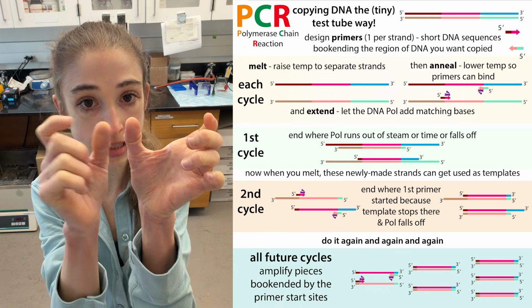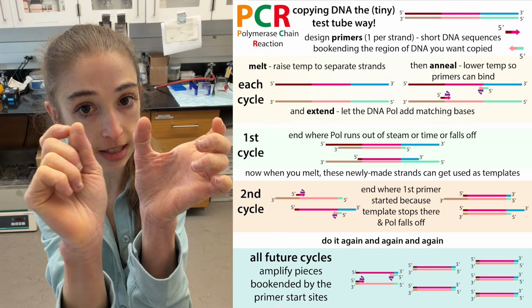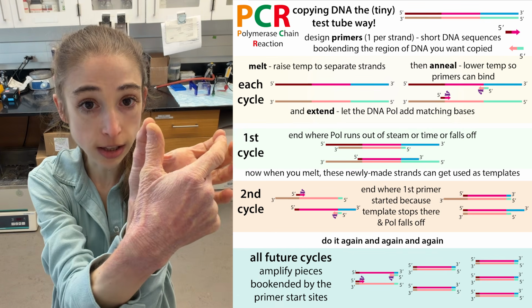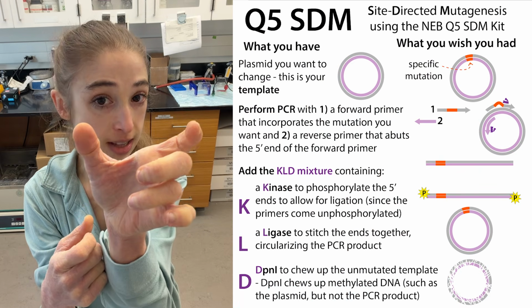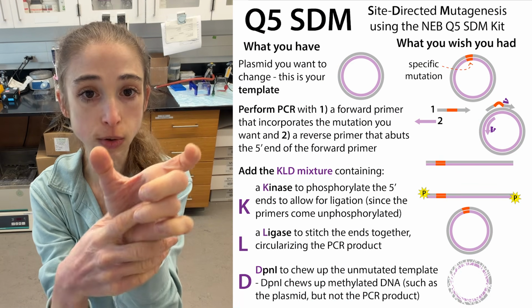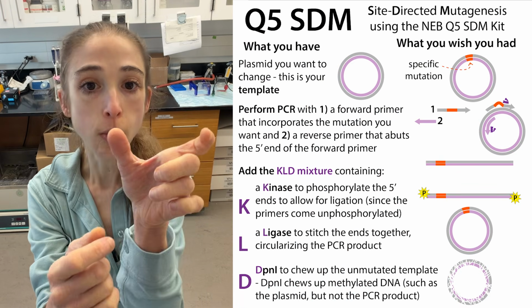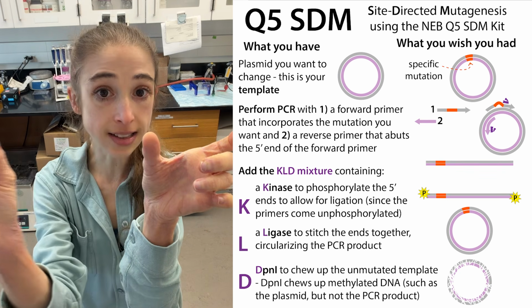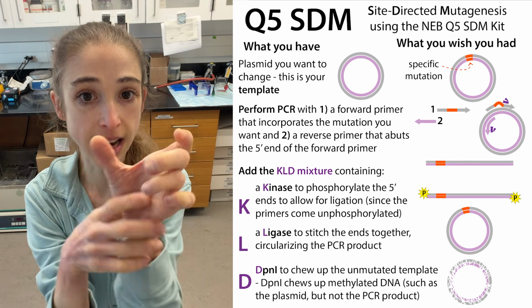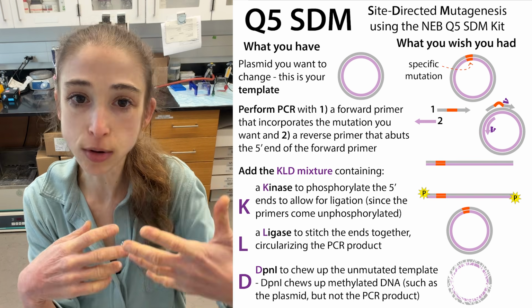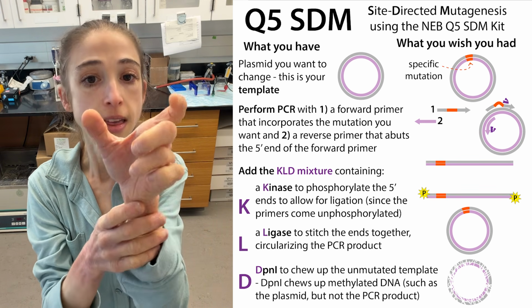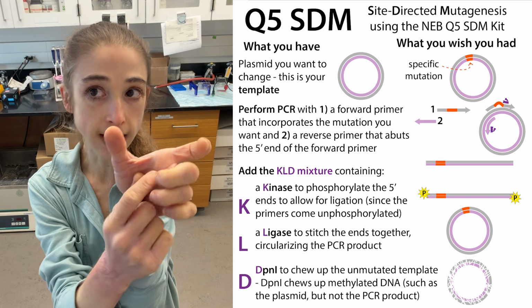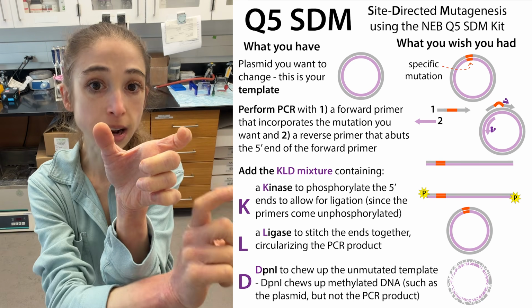And so you have these short pieces of DNA that the DNA polymerase is going to start copying from. And so it's going to include that primer when it makes the copy. And if we have primers that have a mutation in them, so we make a change in the primer, well, now the piece of the DNA that's getting copied is going to have this weird bit on the end, the mutated bit on the end. And so we make primers that have the mutation incorporated,